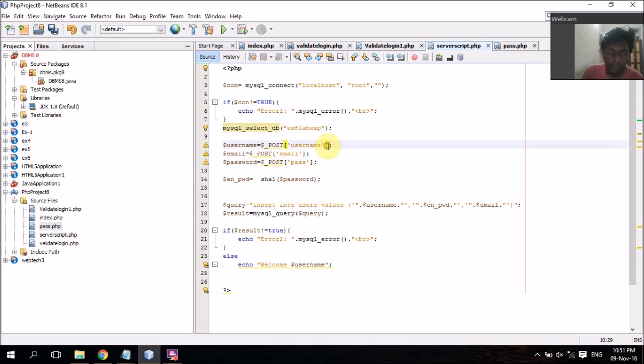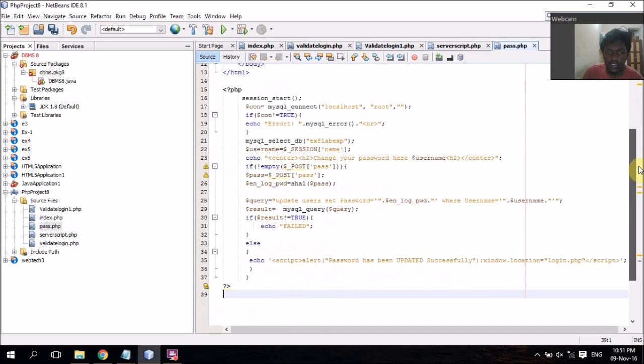And we get inputs from all the parameters, username, email, and password, through IDs, and then a password variable is declared, and this is the query that we perform, insert into user values, and this is entered into phpMyAdmin. As you can see, the result is our query, and if it is true, if it is entered successfully, this would print, otherwise this would print, and this would redirect it to the page,